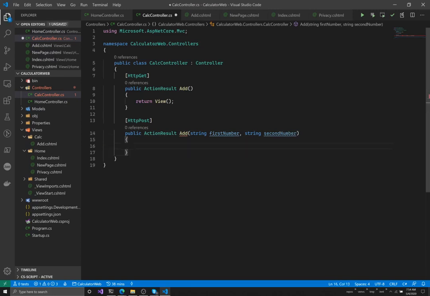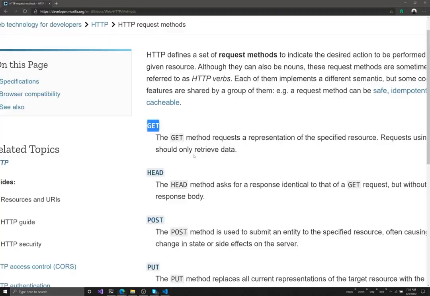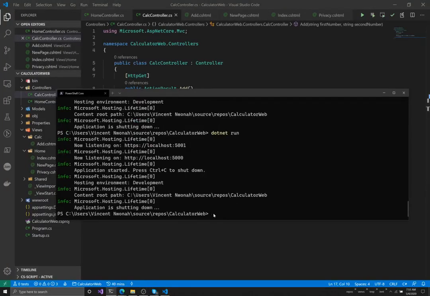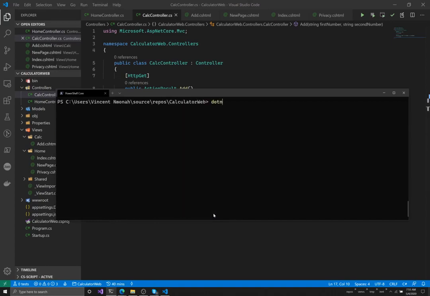Great. I still need to return something. If not, this is not going to work. So I'm just going to return view. So for now, we'll just return the same view. What's going to happen when it hits this return view is it's going to come and return this add view anyways. But let's just check that this works. I'm going to stop my application with Ctrl+C, I'll clear my terminal and go